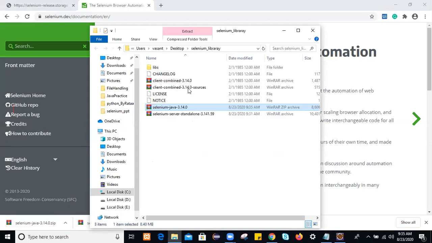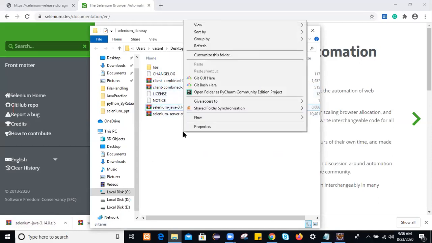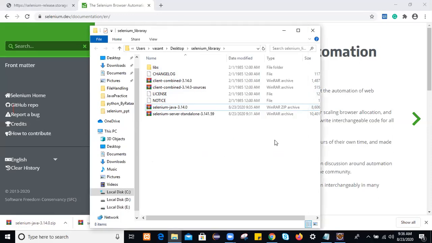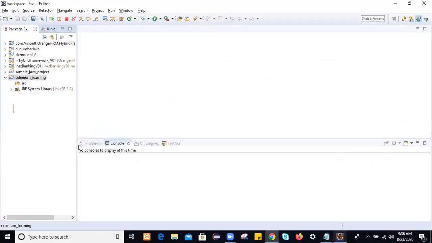Once it is extracted, you will get this lib folder and these two files outside the folder. Okay, close it. Now go to the location. This is your project. Just right click on the project, Selenium learning project.